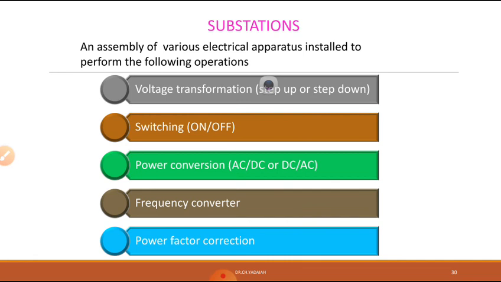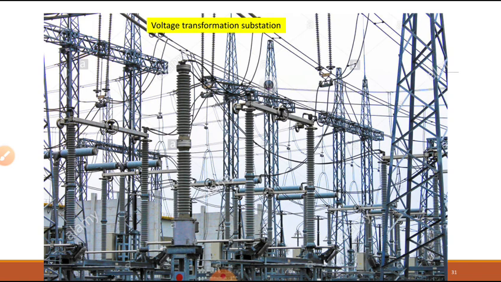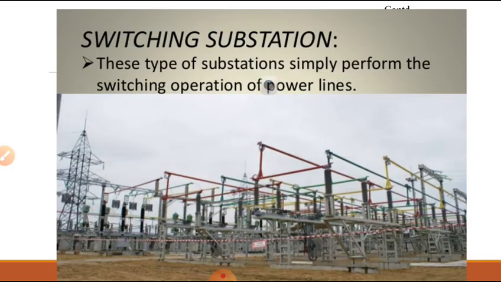Those substations are known as voltage substations. Let us see one figure. Here you can see the voltage transformation substation. In this case, it transforms low voltage to high voltage and high voltage to low voltage. You can see the SF6 circuit breakers. You can see the 400 kV substation. Whatever input comes, automatically 400 kV is stepped down to 220 kV or 130 kV lines by using this many substations. And coming to the switching substations, it is only switching operation.